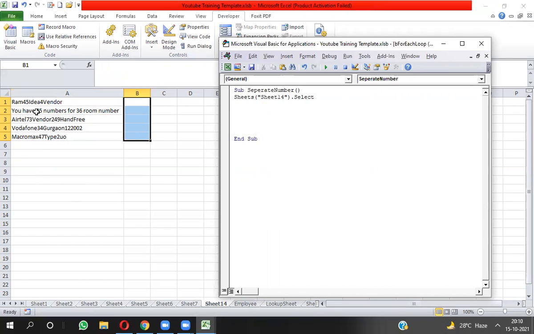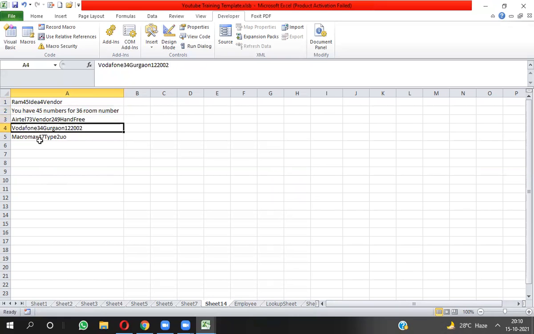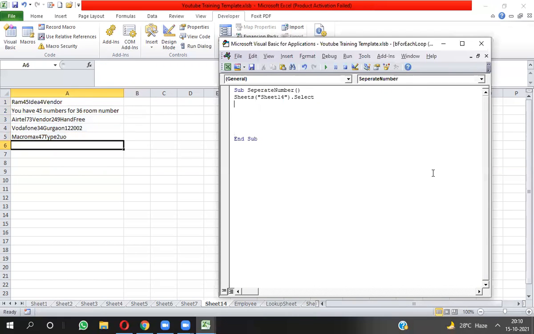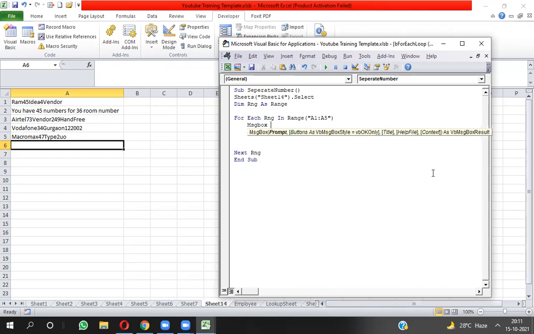Then first I need to read all the cell values one by one, so I will use a For Each loop. Here I will declare Dim RNG As Range, and write For Each RNG In Range("A1:A5"). Now take Next RNG, and here I will write MsgBox RNG.Value.